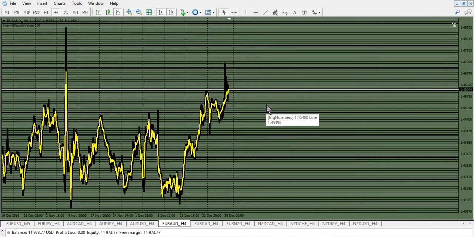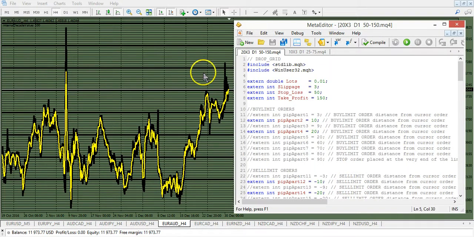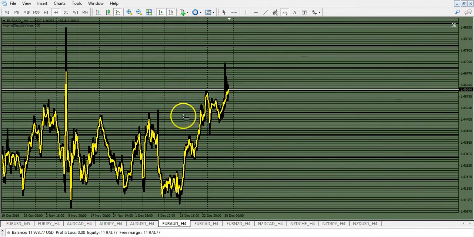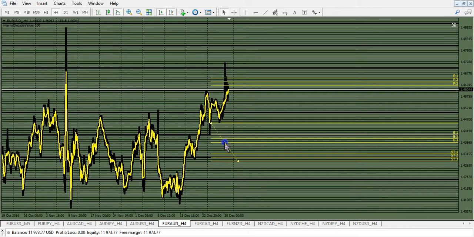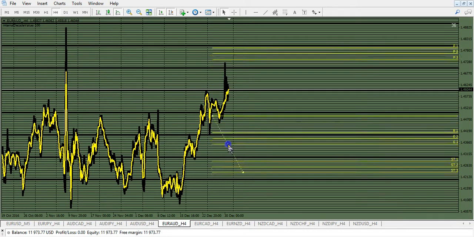Okay, here's the grid drop script that I tuned up this weekend, and I created a Fibonacci tool to represent what it would look like if I dropped this ticket, this script. And inside the script, the very tip of your cursor is going to, when the market opens, you can't do it now, but when the market opens, this very top, if I'm going to buy right here on the top yellow line of these three horizontals,